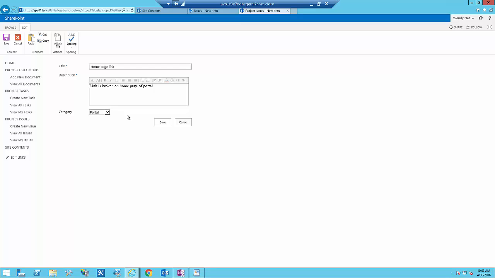Now I also want to show you what happens when I click Save. Remember what happened on the other list? It just took you right back to the issues list, which just lists a bunch of data that's not very meaningful to the user. Now if I click Save,